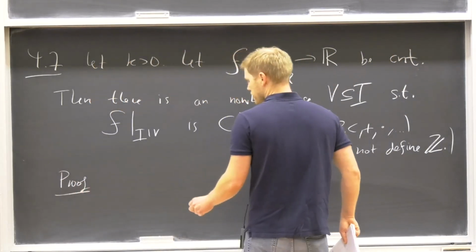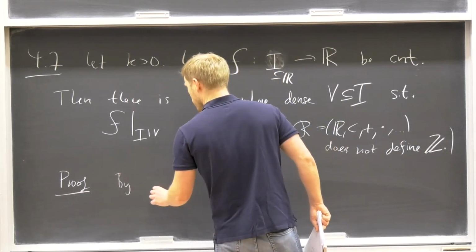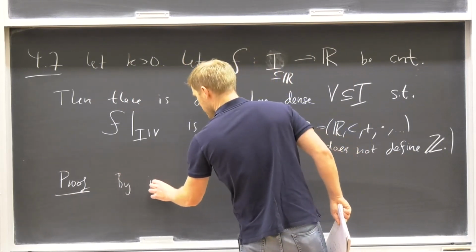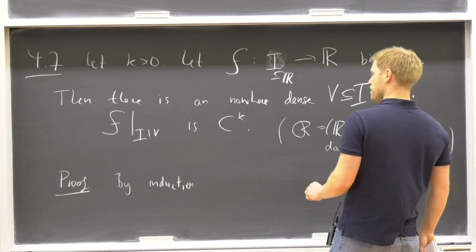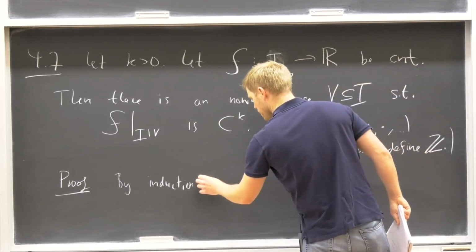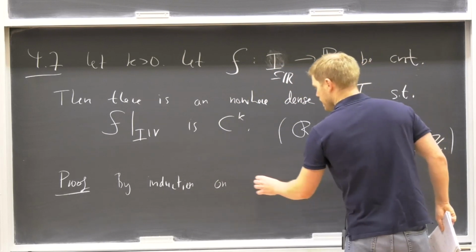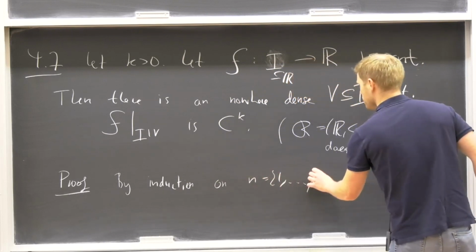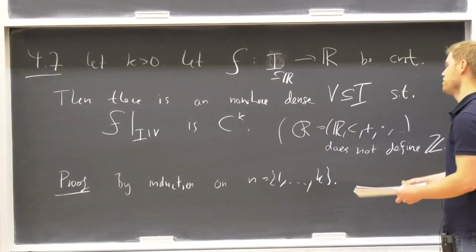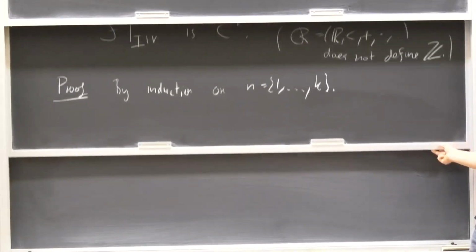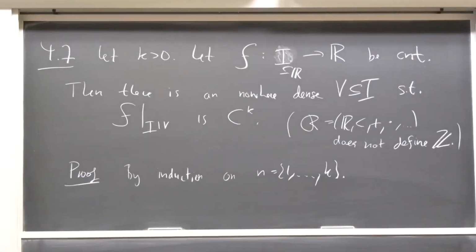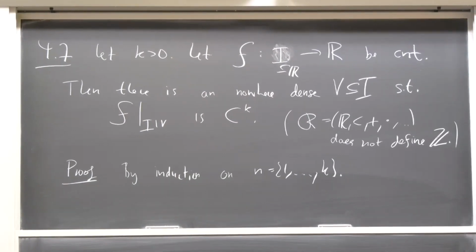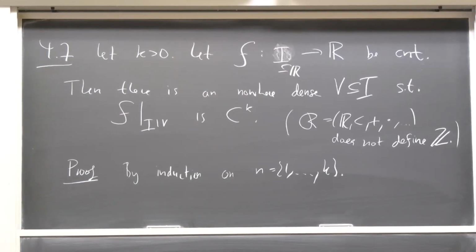We prove this essentially by induction on n. The k is fixed, so we do induction on n, which runs from 1 to k. We want to show that the kth derivative is continuous outside a nowhere dense set. So suppose by induction,